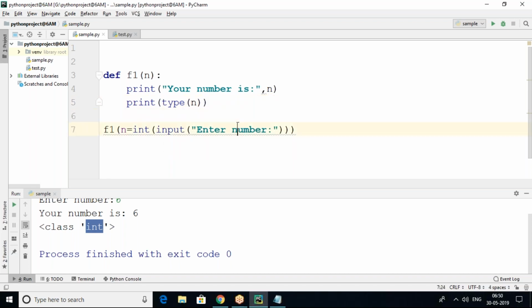So this is about functions: how to create a function, how to call the function with parameter, without parameter, function with return statement, without return statement. We'll discuss more things about functions in coming sessions. Whatever you ask, I'll cover all those things, no worry at all. We will work with functions with lists and all those things. Some predefined functions are there, filter function, anonymous function, lambda function, so many function concepts will be there.